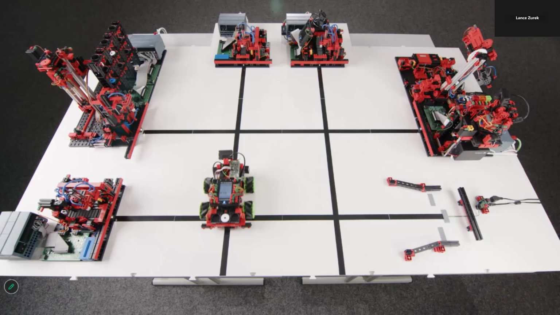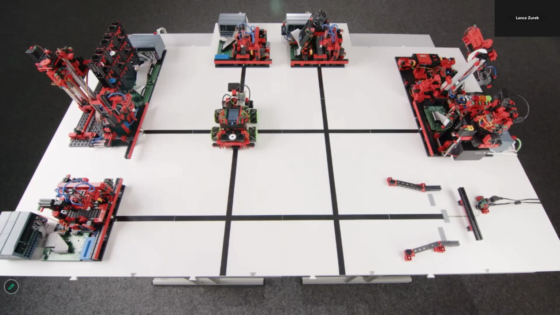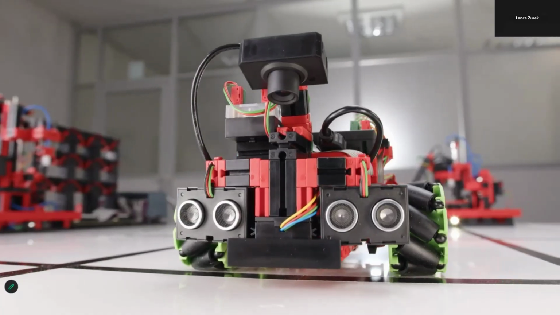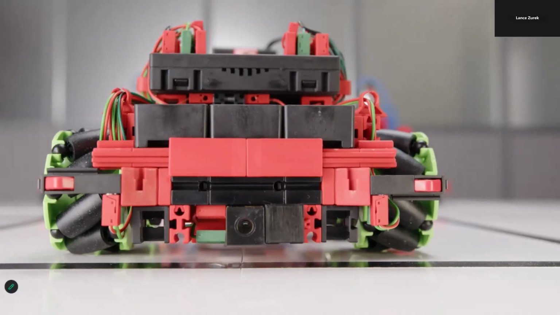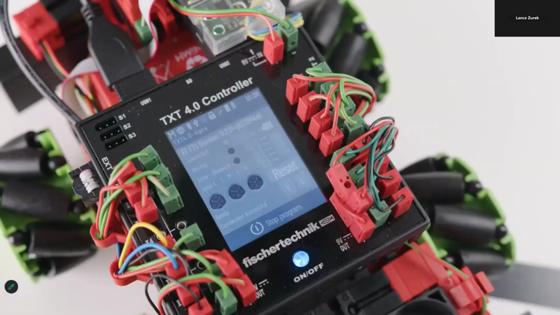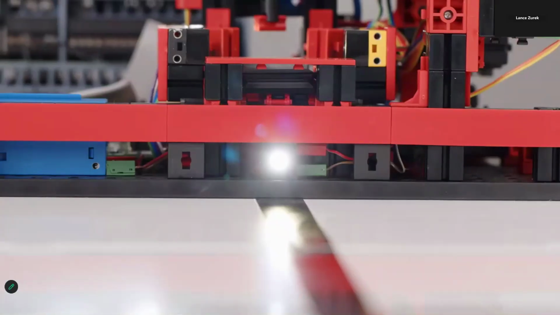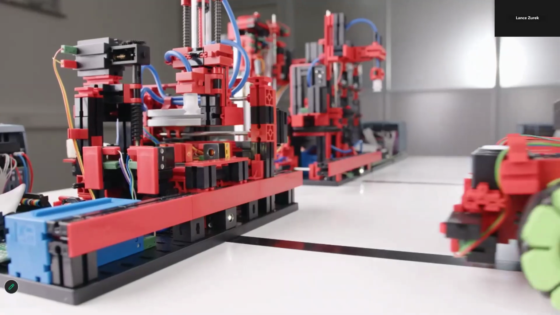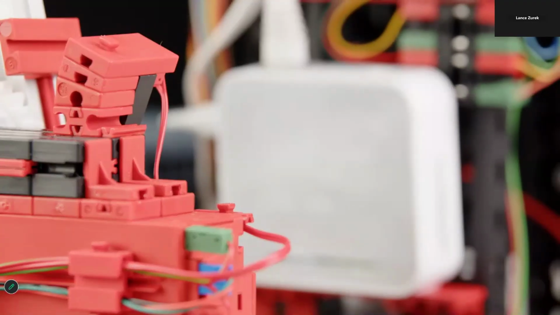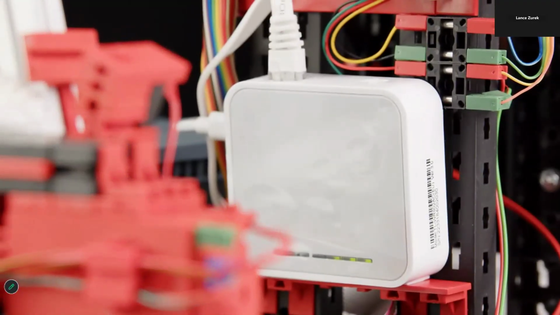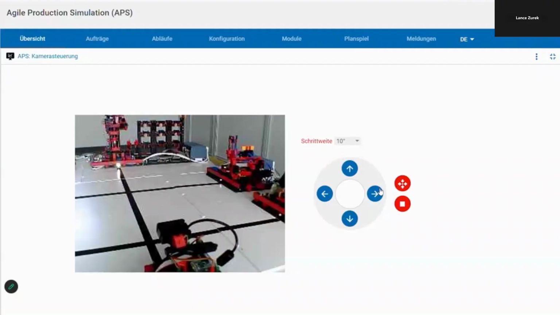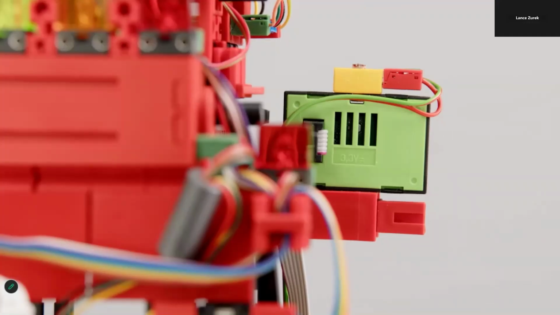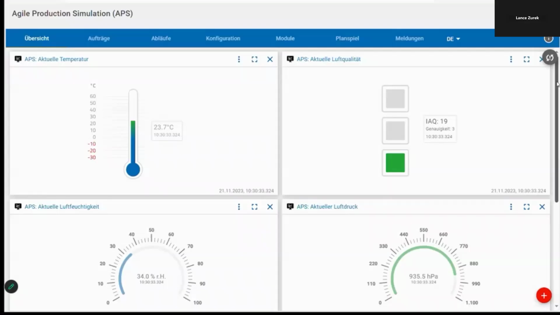Welcome to fischertechnik. Experience the Agile Production Simulation, an interactive model that realistically depicts modern production processes. Agile Production Simulation, or APS, combines classic manufacturing processes with digital control and intelligent networking. From goods receipt to production to delivery, every step is automatically controlled, monitored, and documented. The system is based on real industrial components in miniature format, sensors,